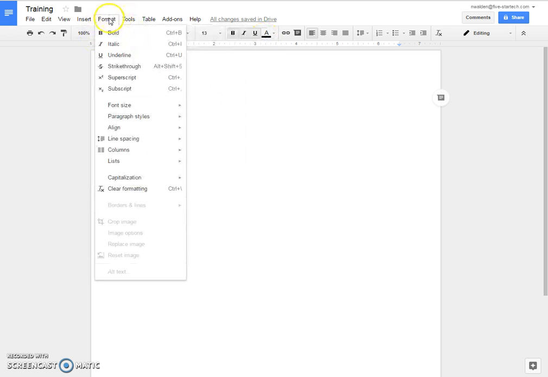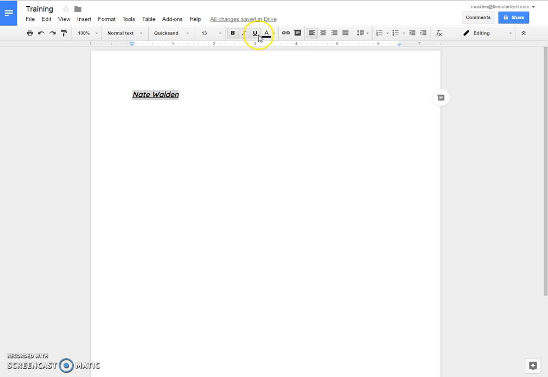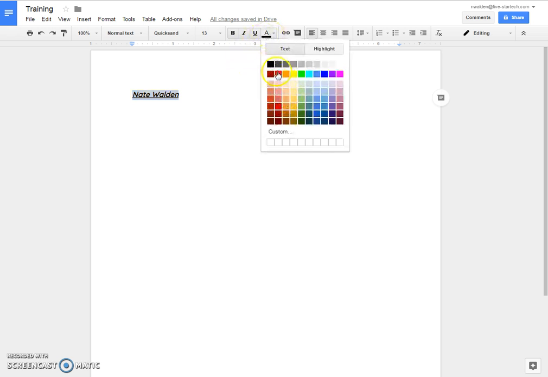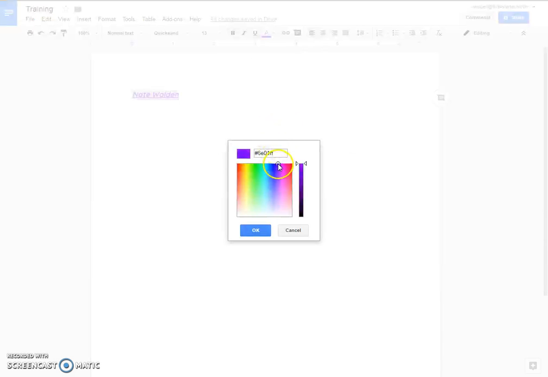There are other things you can do to format the text by going up to Format, like striking through it, and other features as well. This A with the black line under it is the text color. Obviously it defaults to black, but you have a countless number of colors you can choose from. In fact, if you don't like any of their defaults, if you click on custom, you can drag this little circle around till you find just the right shade of purple that you were looking for,